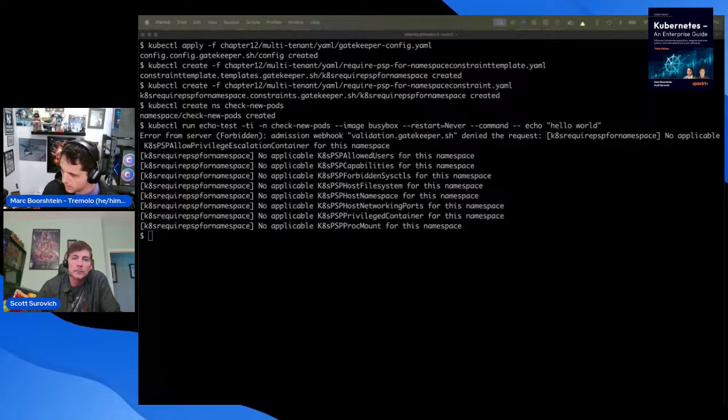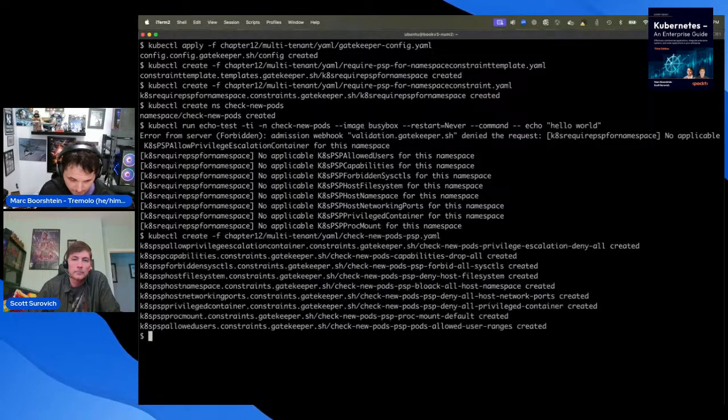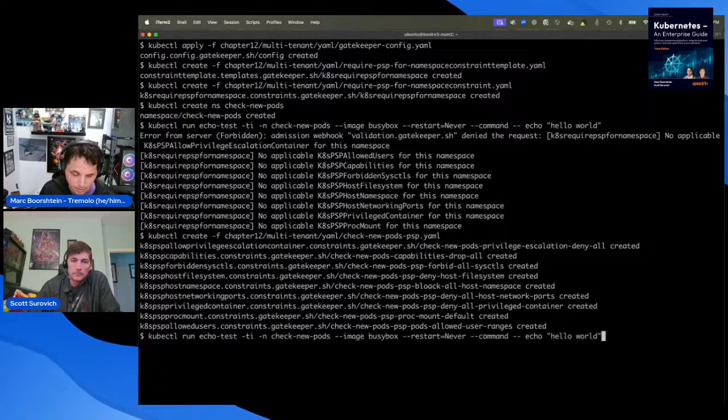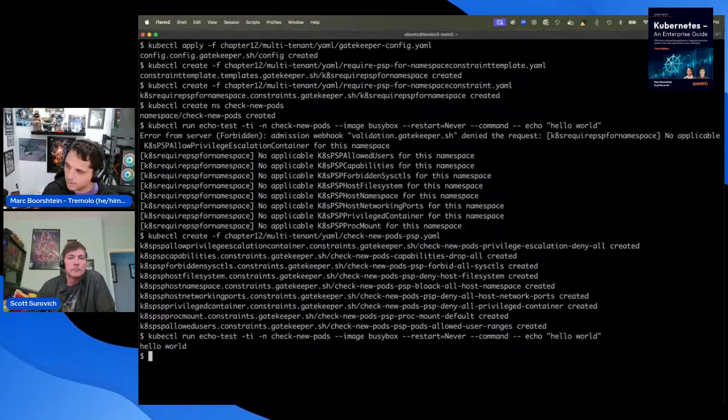So let's make it work. Let's give us the happy case. We're going to create policies in our namespace. So we went ahead and created the policies for that pod. Now when we go to run it, there we go, hello world, right? So, policy when implemented correctly is our friend.